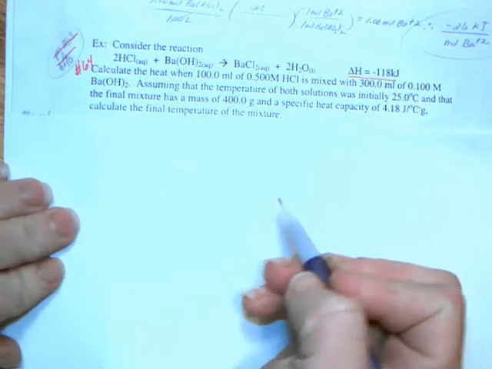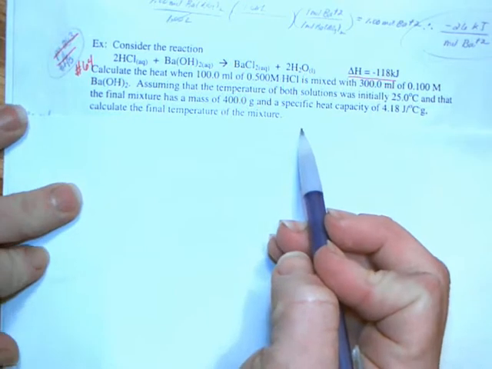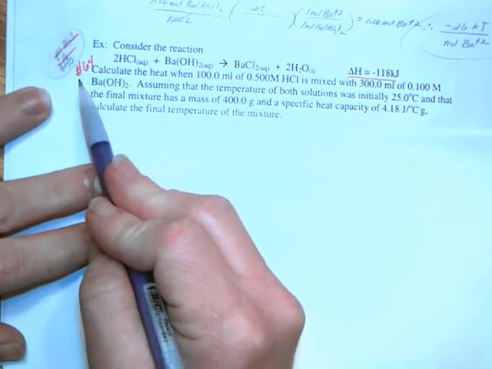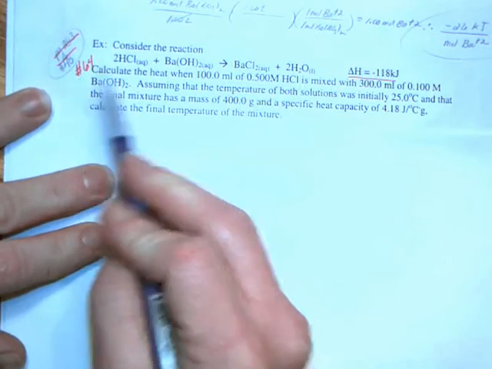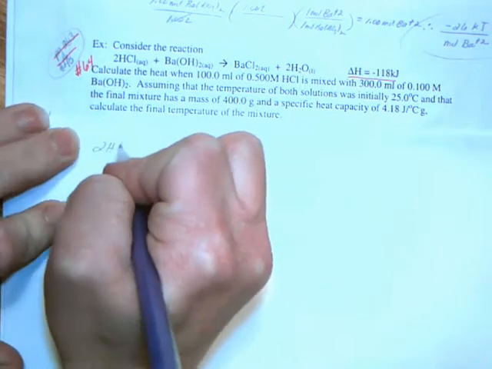Hello, my students. I'd like to walk us through an example of a solution calorimetry problem. It's actually number 64 in the back of your book in Chapter 6. We're dealing with an acid-base reaction. And just to rewrite this again,